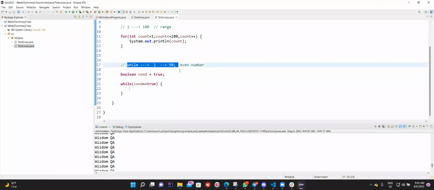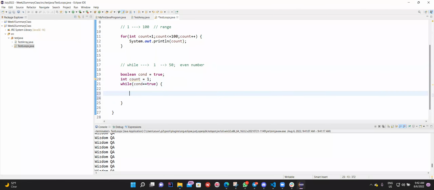For example, here I'm trying to get 1 to 50, and I want to get even numbers. So, no problem at all. I can say int count equals 1. I'm giving the value of count equals 1. The idea is I want to figure out which values up to 50 are even numbers, right? So I add an if condition, if count